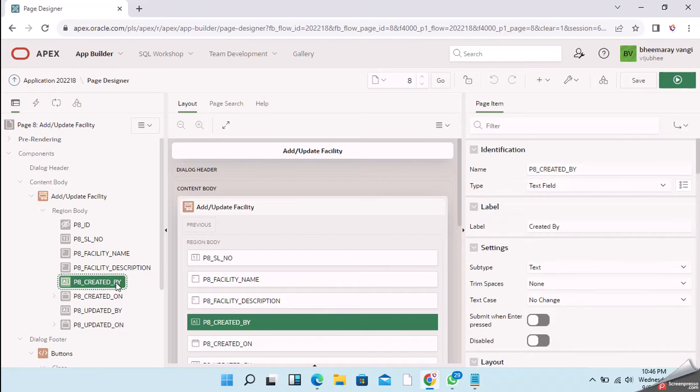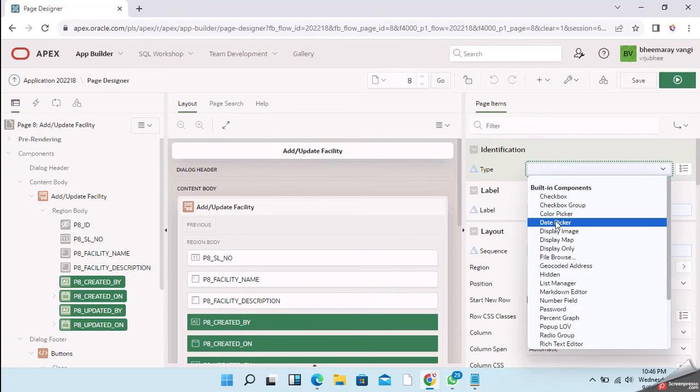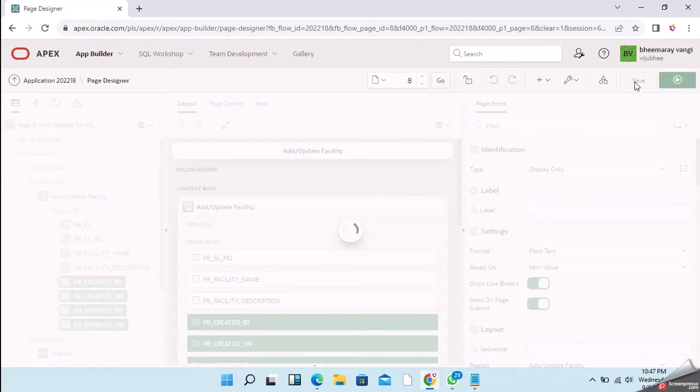That's why click the first one, hold shift, then click the last one, so that everything is selected. Now from here you can select display only, so that those fields will be read only. Save